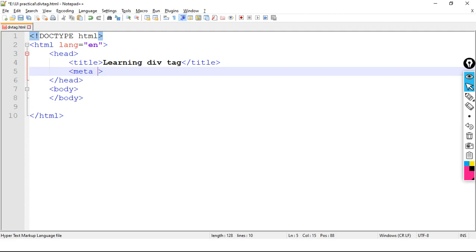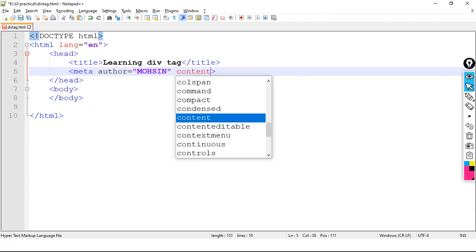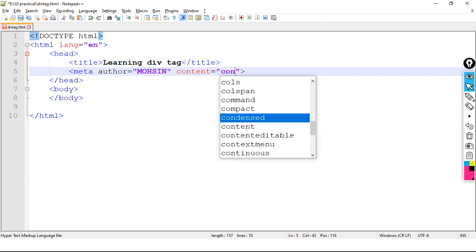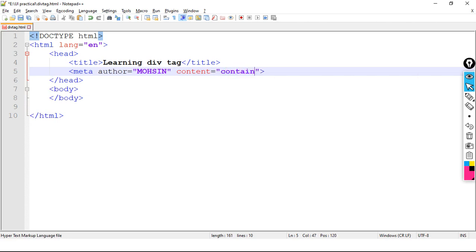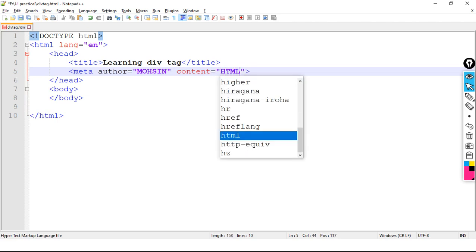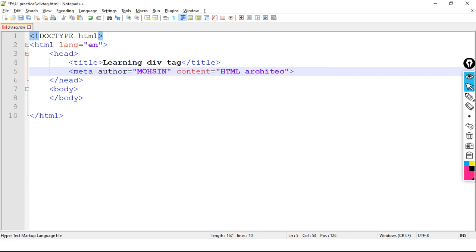Meta declares technical information to the browser. Author is Mohsin, and then content is container, or we can say HTML architecture.